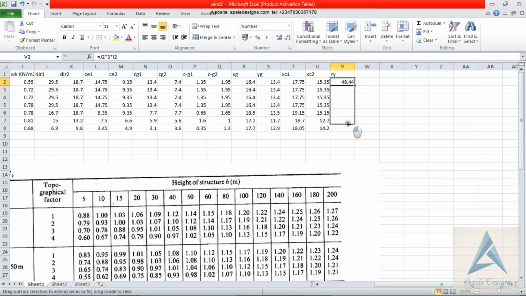We'll take it down. I will do the same for the wind load in the X direction